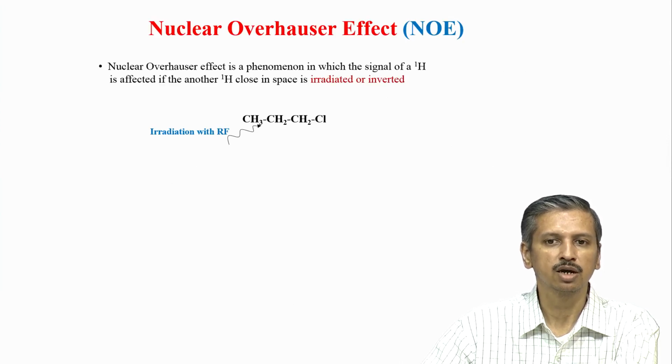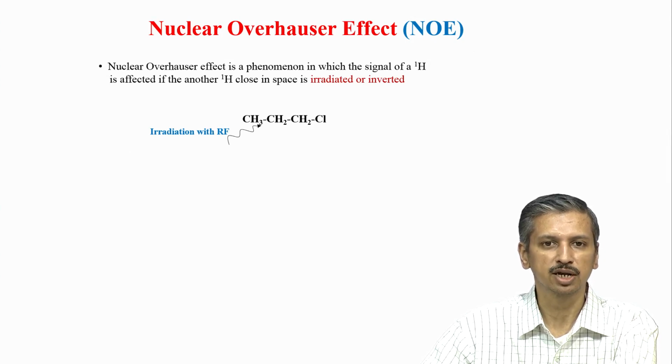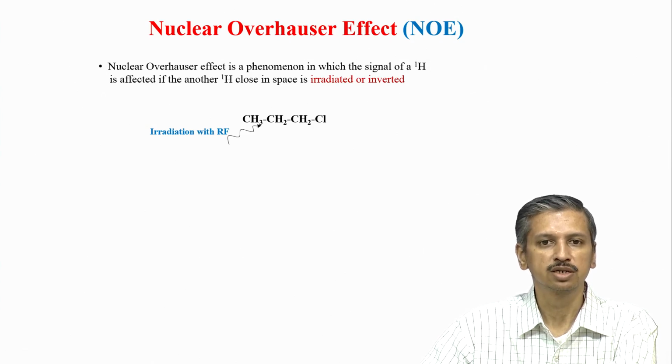So, before we understand how the NOESY experiment works, let us look at the concept of what an NOE effect is. The NOE effect is basically a through space interaction. Basically, if you recall the very first few slides in this course, we said that each nucleus is actually a magnetic dipole. So, each nucleus has a magnetic dipole moment.